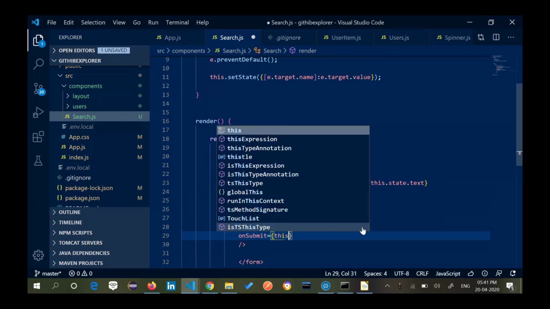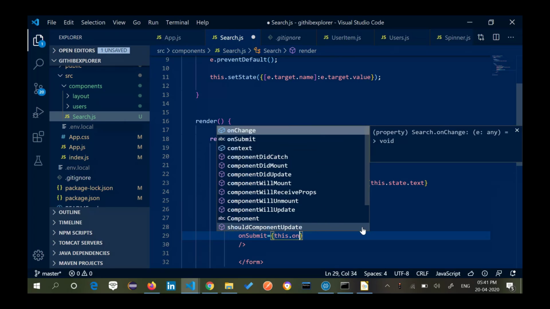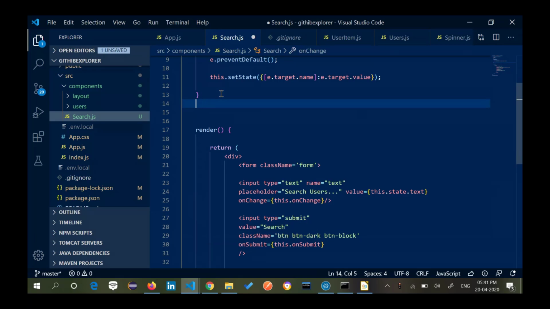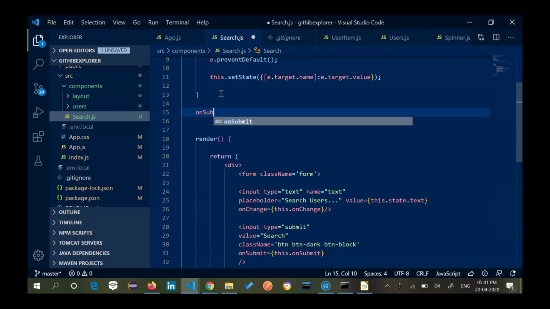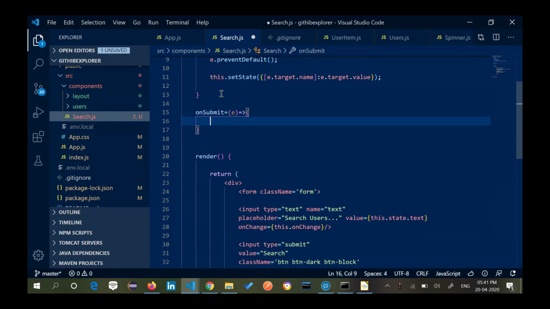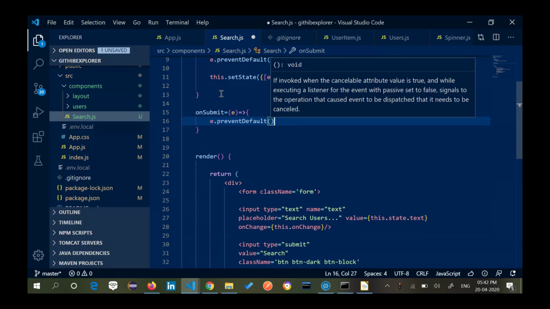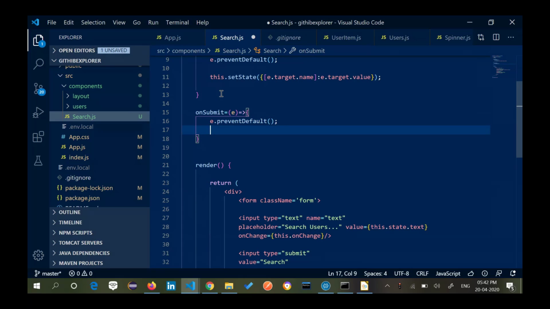I'll write this.onSubmit, and I will come here and write a method onSubmit with e. Again I'll say e.preventDefault.